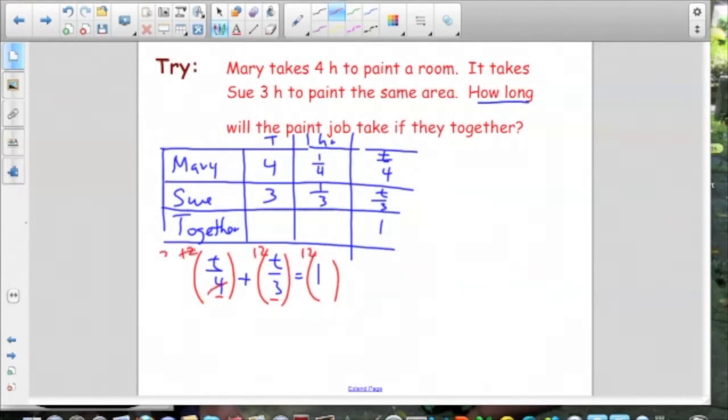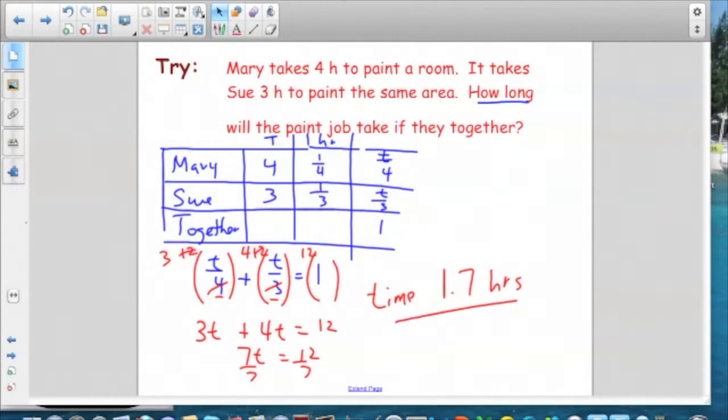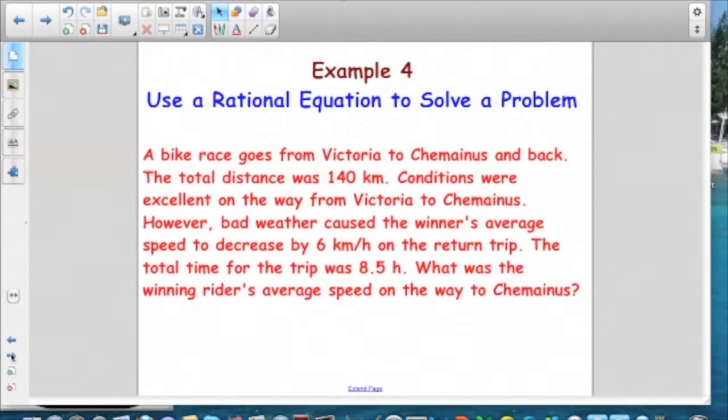Cross out, so 3t plus 4t, and 12 times 1 is 12, like terms. Divide by 7, so the time they take working together, 12 divided by 7 is 1.7 hours. Okay, so that's the time. Okay, the next word problem is we have a bike race that's going from Victoria to Chemainus,